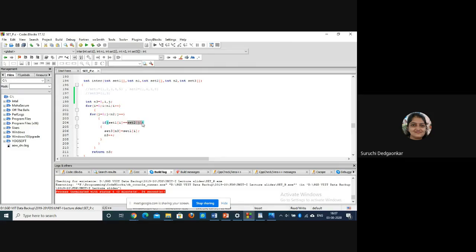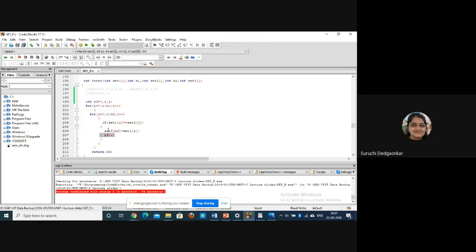And if it is found in set 2, that is, if it is a common element, we will copy that element into the resultant set. At which place? At the n3 place. n3 is initially 0. So we will copy the first matched element at the n3 place and n3 will be incremented.